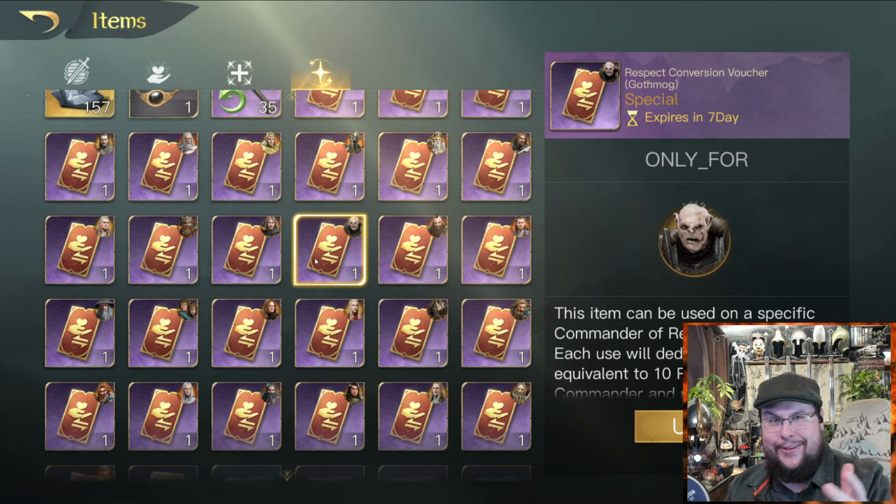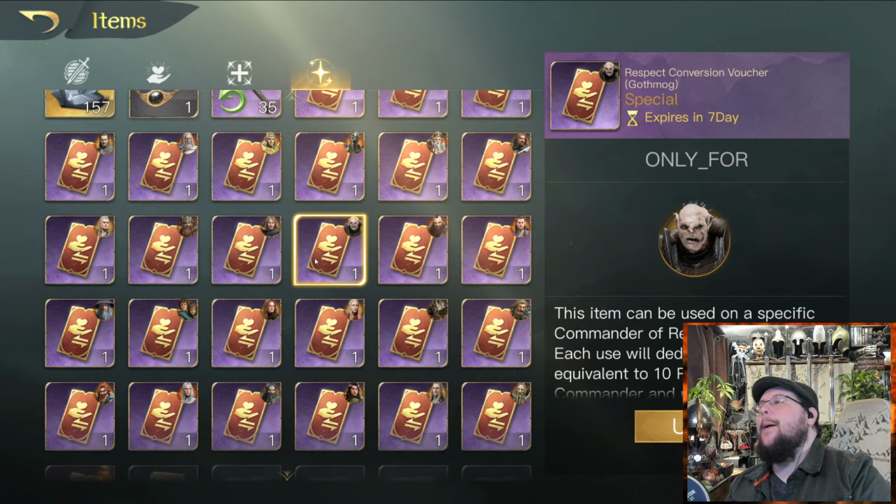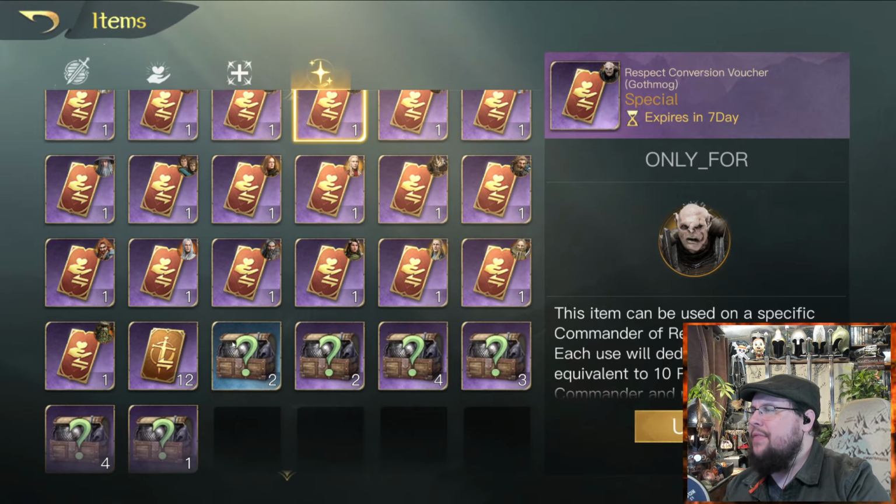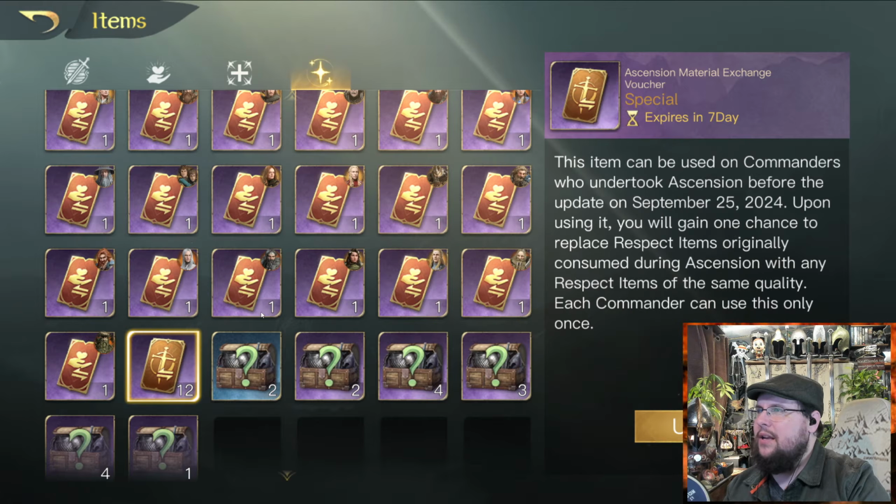Why did they drop all these? What is going on? Basically, what happened is they did some updates and they made it easier. So they updated a couple commanders' abilities. They gave a huge buff to Saruman, but they basically gave us this ability to kind of like...